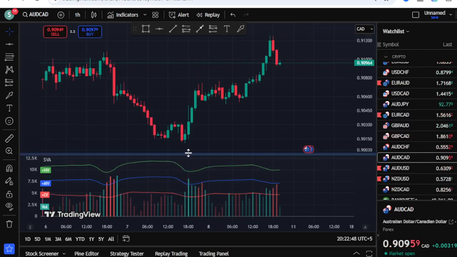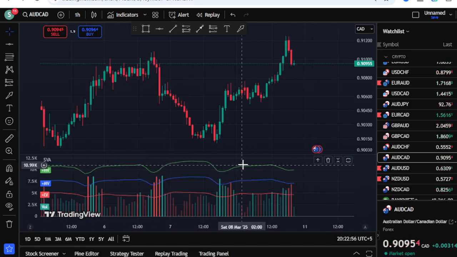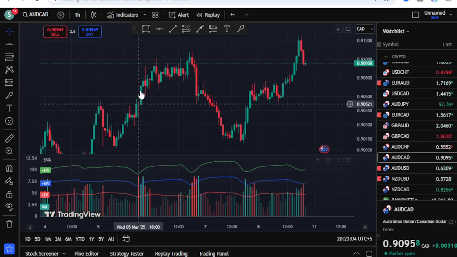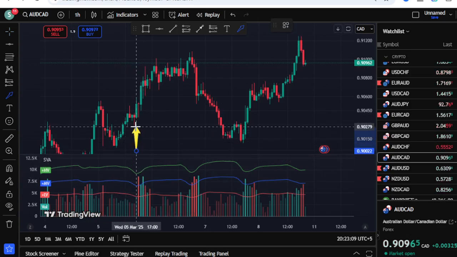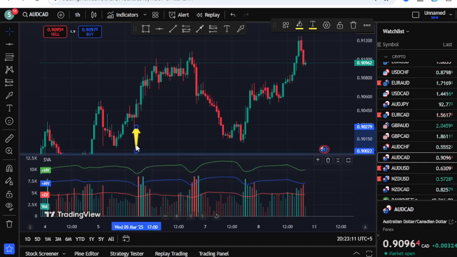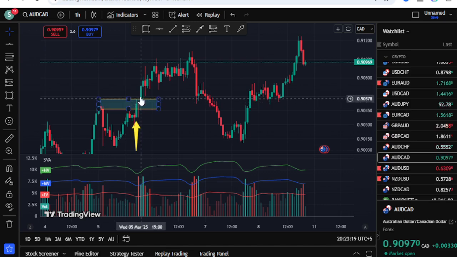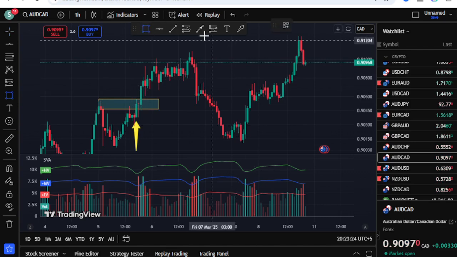Once you click this indicator, it will basically plot three lines on the chart, and the volume bars also come. Whenever you see bars coming inside the three lines, the green, blue, and red, it means that something big can happen in the market. Just imagine here we have blue bars and a red bar coming, and then you can see we have the bullish break of structure. This was our resistance, and the market broke it, and then the market went up.